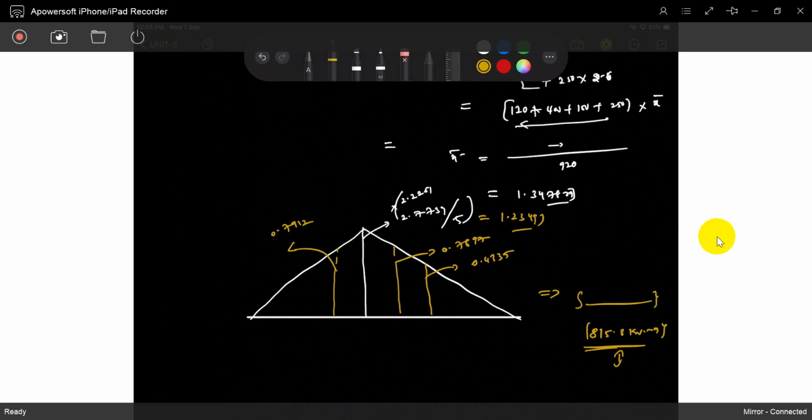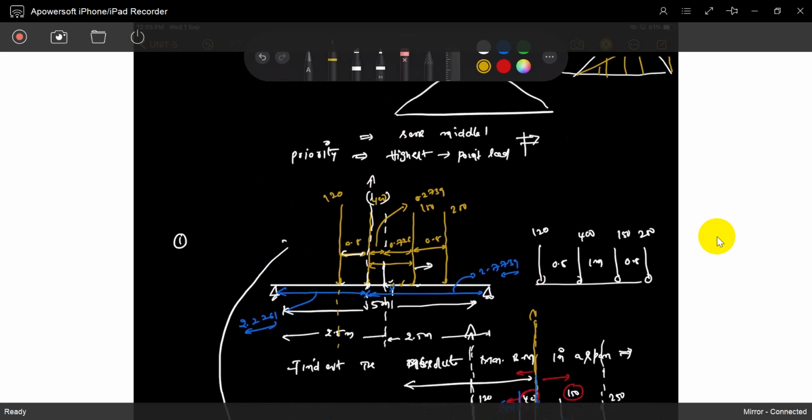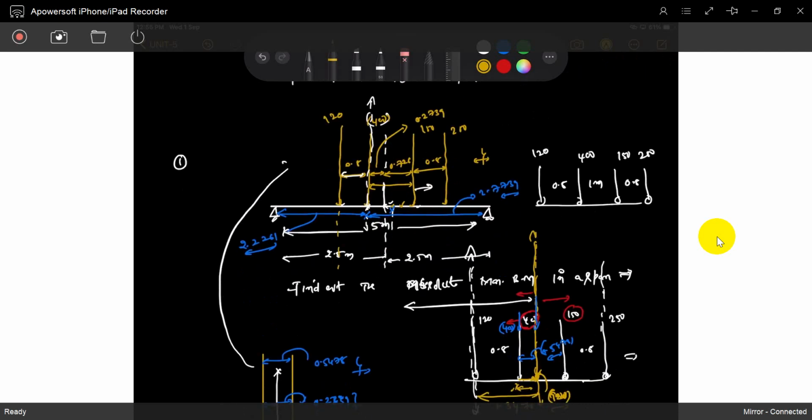It's a 4 mark question like this: 2 plus 2, continuous problems. In the previous problem they asked how to arrange these loads, where exactly the 400 load is acting from the left hand. That is a 2 mark question. Later, find out the maximum bending moment. That is a 2 mark question. So these are common data questions. They give common data. First they ask a 2 mark question: how to arrange that loading. Second is what is the maximum bending moment. Okay, I got the point.